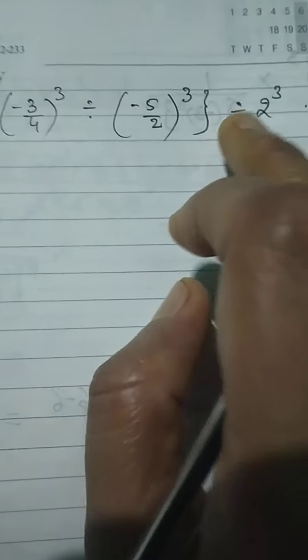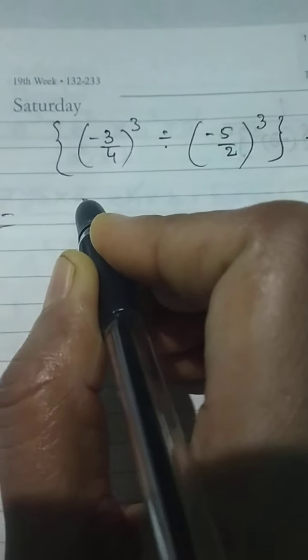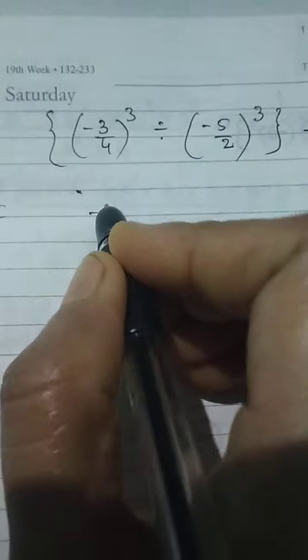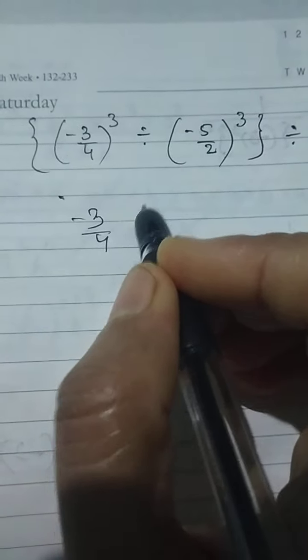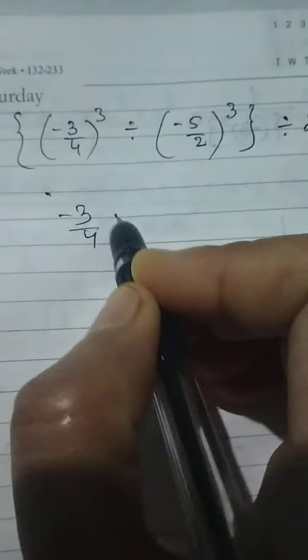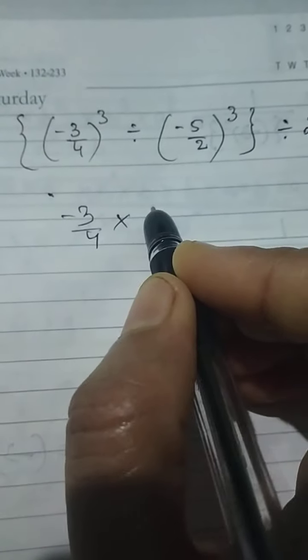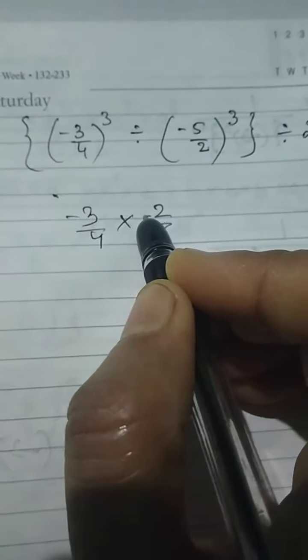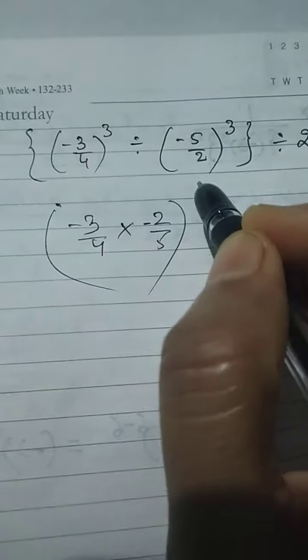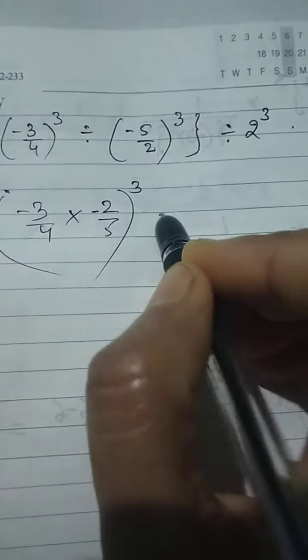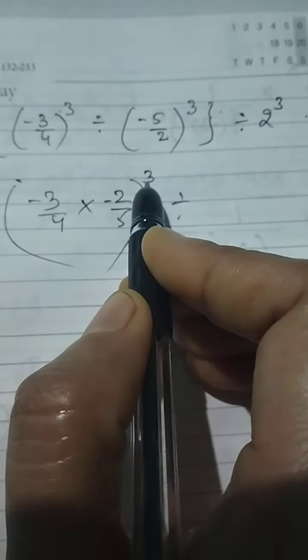Okay, so 9D. What you have to do in this is divide here, and there is also 2 to the power 3 to divide. So you can see the bases are different but the power is the same. In this case, which rule do we apply? We divide and give one power. So minus 3 by 4 divided by this. If you are dividing, you make it reciprocal and the sign will change. Divide will become multiply, and give one power. Means from this 2 we will give one power.